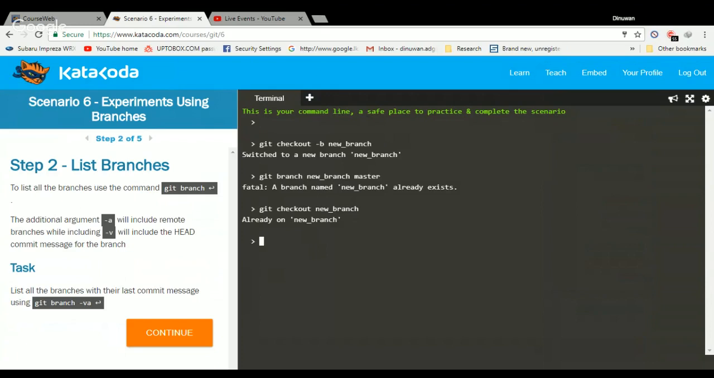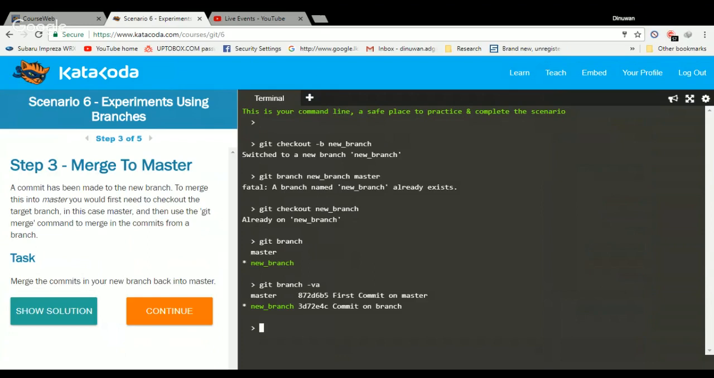In list branches, you can get a list of the branches using the git branch command. Here are the other branches, the master and the new branch which I created a few seconds ago. Our task here is to list all the branches with their last commit message using git branch. So it's going to run the command here, and it's going to continue to the third step, which is merge